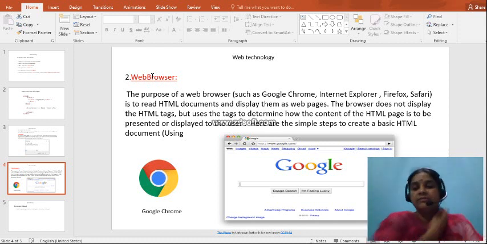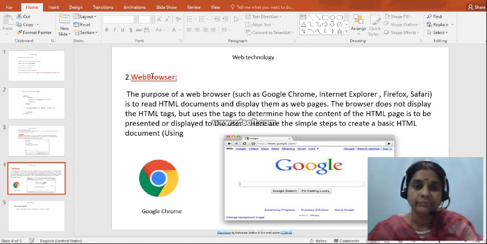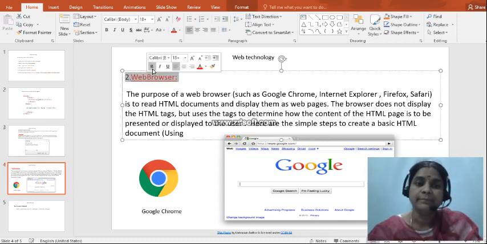That means with the help of something, I wanted to tell information to a client or anyone. How are we going to give information to somebody? With the help of a web page. How is this web page going to be opened? With the help of a web browser.